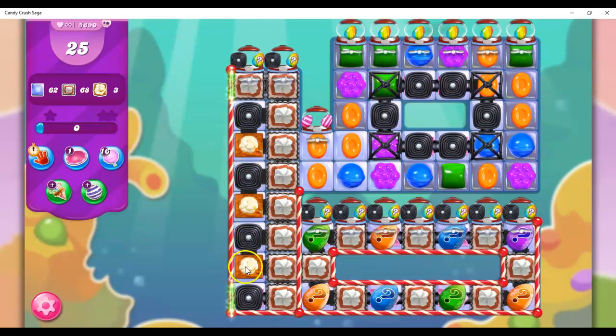Here are the popcorn. Now it used to be that popcorn couldn't exist on a conveyor belt, that if you had a lucky candy that converted into a popcorn, it would automatically give you a color bomb. Unfortunately, that doesn't happen on this. We still have to pop it, and it might move around and make things a bit difficult for us. Then the frosting is also fairly well on a conveyor belt, I think,